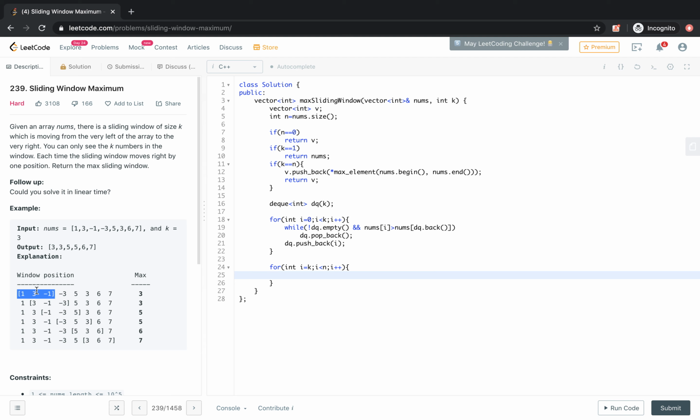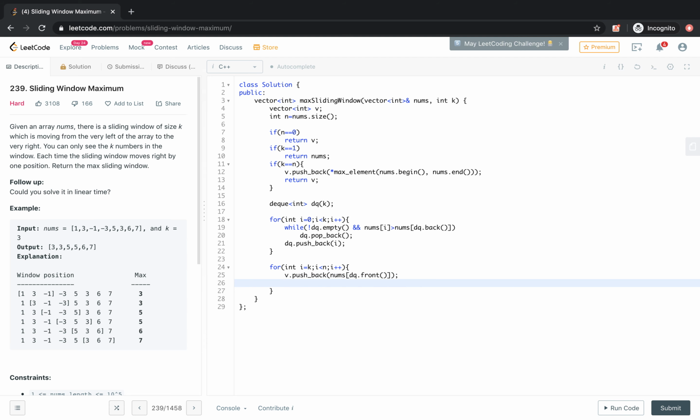So this element is going to be part of the result vector. So basically first we will push back the result. So we push back the front of the DQ. The front of the DQ is basically an index, so nums of that front.